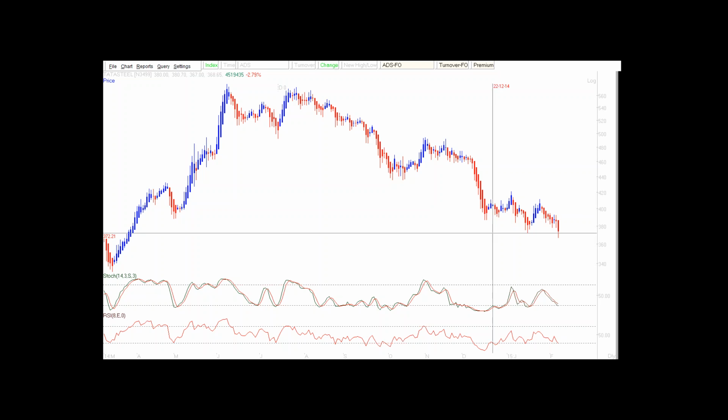Before that, if I tell you that there is a nice little hidden divergence on the stochastics, you see that this is a strong trend that the entire stock was in. So this was the high, this was the stochastics. Follow this one. The stock continues to go down, stochastic goes down. Now you see in this zone, this is the area where prices went down and made a lower high, but over here, the stochastic has made a higher high, right? So this is the zone.